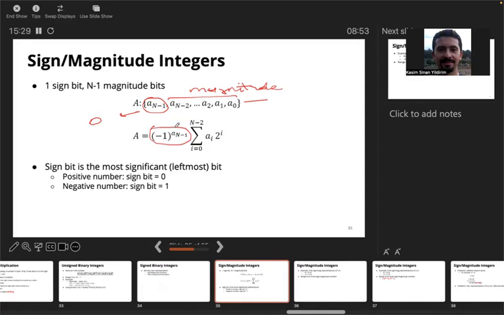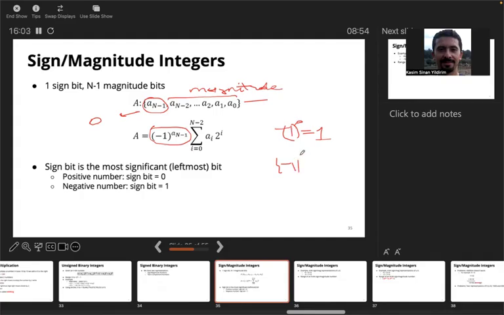So if that bit is 0, minus 1 to the power of 0, what is that? 1, right? So if that bit is 0, it means that the number is positive because that bit will not have any effect, and the rest of the bits will be counted to calculate the magnitude, the value of the number. If that bit is 1, it means that minus 1 to the power of 1,